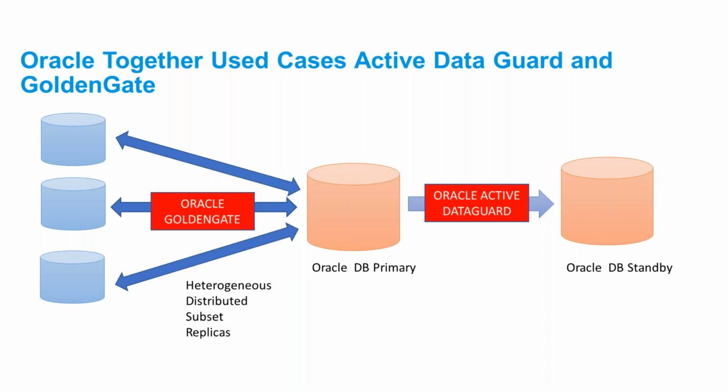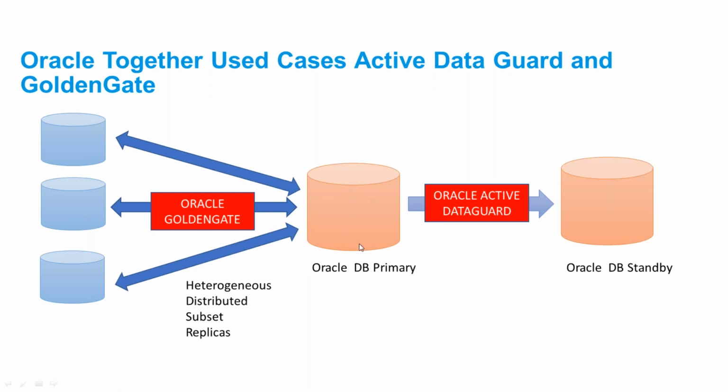So what happens is you have multiple sites available as a source. They had one requirement. They have multiple heterogeneous databases like MySQL, SQL Server, and Oracle. They want to build a single Oracle database using those three. So whatever transactions happen in MySQL should go to Oracle. Similarly, SQL Server and the other database should also replicate to Oracle.